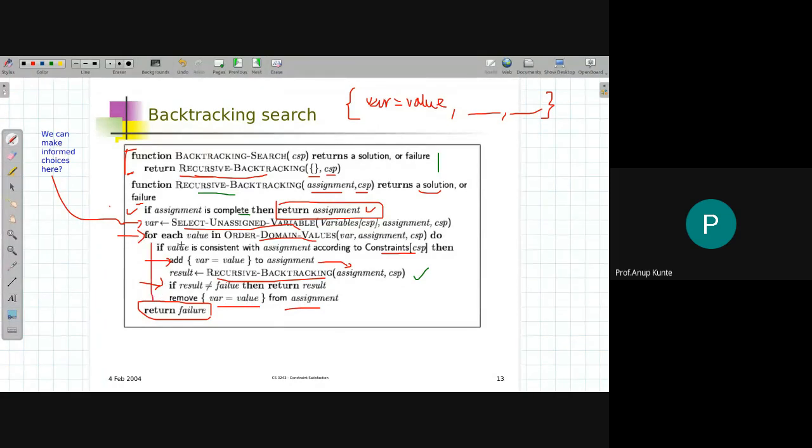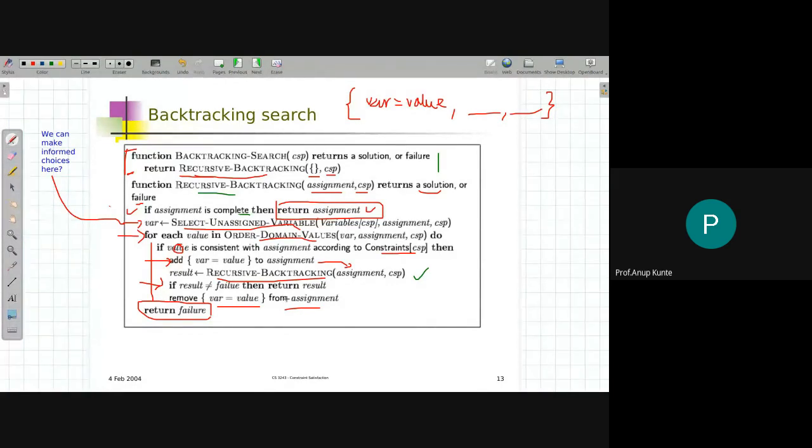So I learn that this value is not useful to get to a complete assignment that is consistent. So I will choose the next value in the ordered domain values and continue looping like that. If I come out of this loop, that is, no value remains in the ordered domain, then also I will return failure, because it means no value could be assigned to this variable, and hence I am returning a failure.